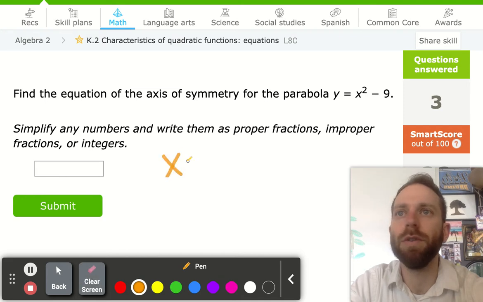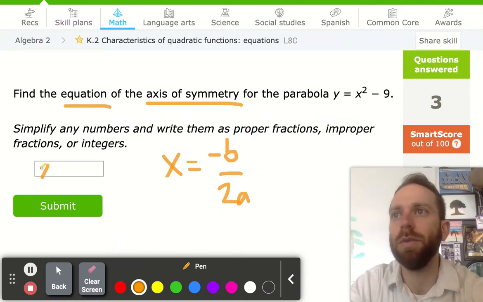So x equals -b over 2a. So you have the words axis of symmetry here and writing an equation. So it's going to be x equals, let's see, a value,